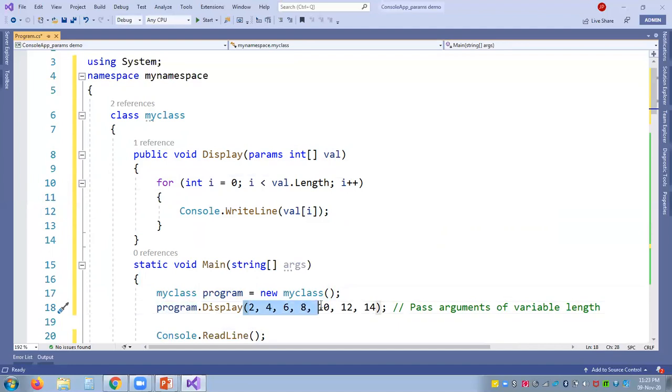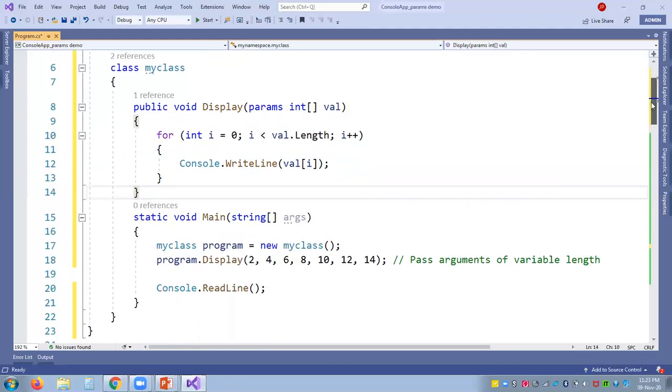And you can observe that we are sending numbers here because this is an integer array. So, an integer dynamic array, which does not have any fixed size. A dynamic array which is going to hold the data as per the values or the elements which you are going to send from the main program. So here we are sending a few numbers. All these numbers will be sent here and the length is going to get checked. Here we have around 7 numbers, and accordingly I'm going to print them.